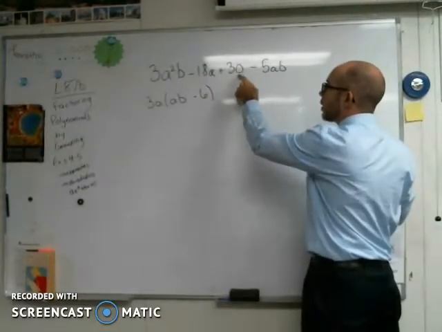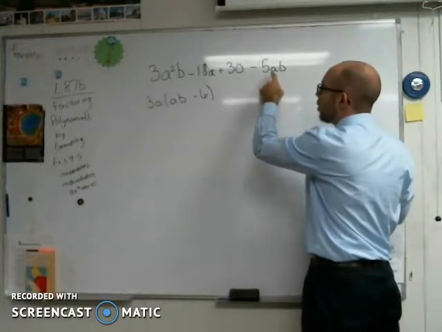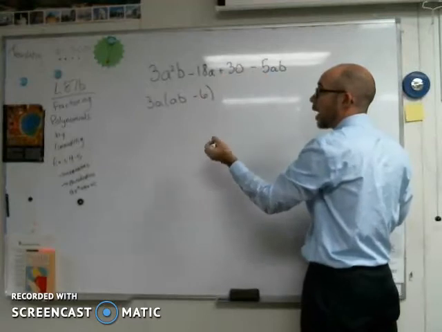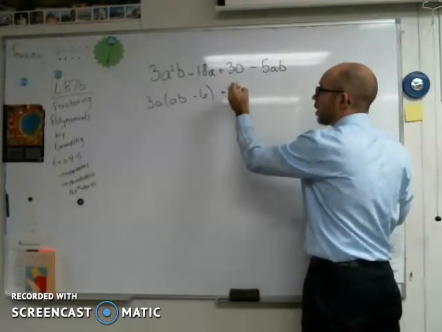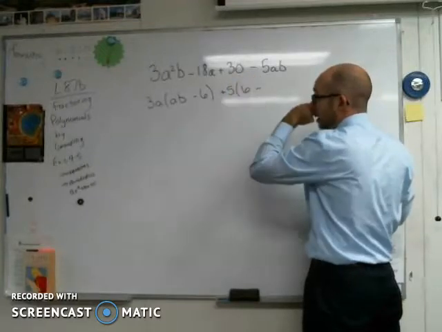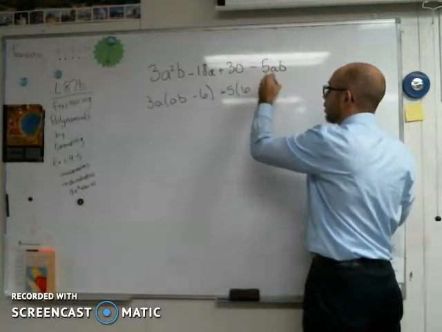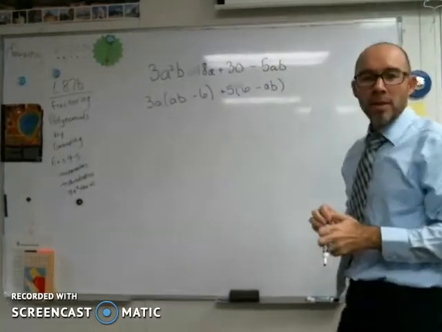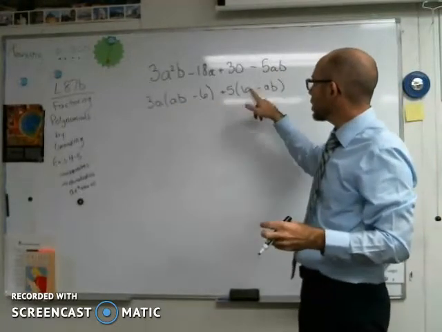And then here I've got these two, and I got 30 and I got negative 5ab. They both have a factor of 5. So I'll go ahead and pull a 5 out. I'm left with 30 divided by 5 is 6. And then here I'll have a negative ab. I stop there and I go, well, everything's great except that ab minus 6 is not the same thing